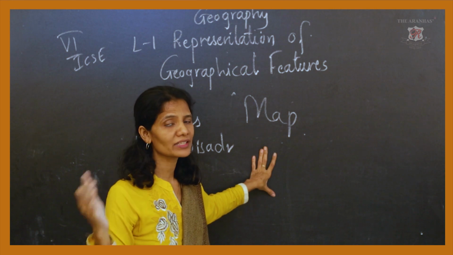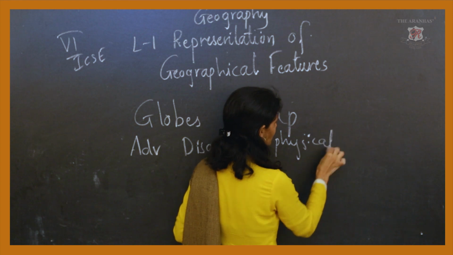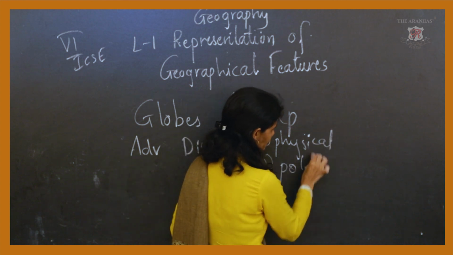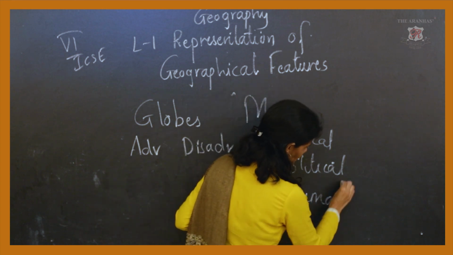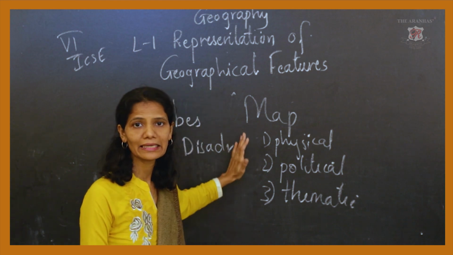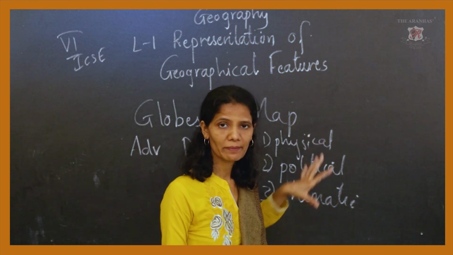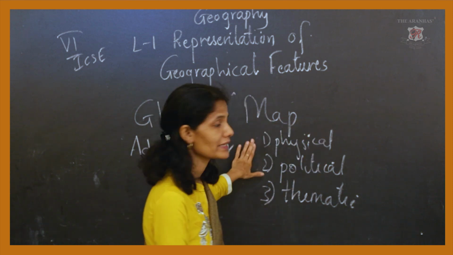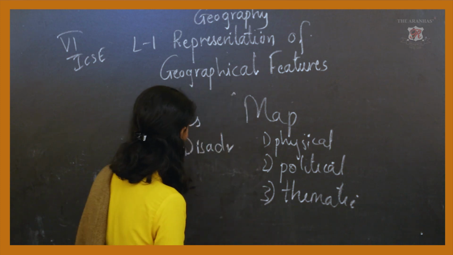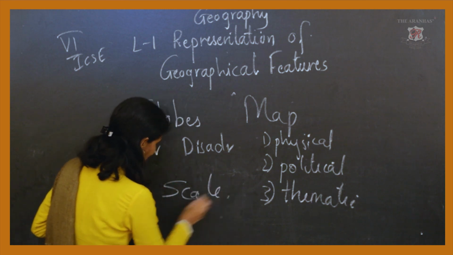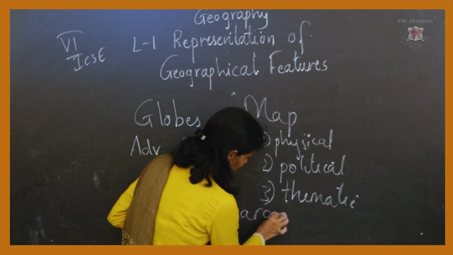There are three different types of maps which we have learned. That is a physical map we have learned. Then we have gone through the political map. Then we have seen about the thematic map. So we have learnt about the three types of map, and that three types of map we have seen the picture also about the maps, that how it is located, why physical is used, why political is used, and why thematic map is used. Then we have learnt about the scale. In scale also we have a small scale and the large scale.